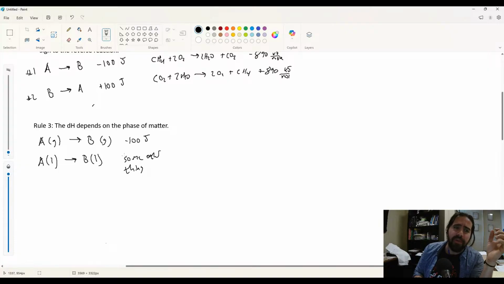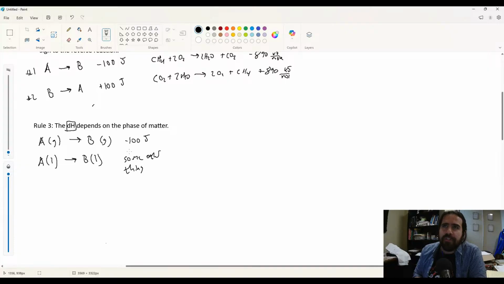The change of enthalpy depends on the phase of matter. If A and B are both gas, they'll have some known enthalpy change associated with it. But if A and B are liquid, even though they're the same molecule, because they're in different states, that impacts the overall change of enthalpy. Okay, so that's the first thing. The change of enthalpy depends on the phase of matter. It's worth talking here about